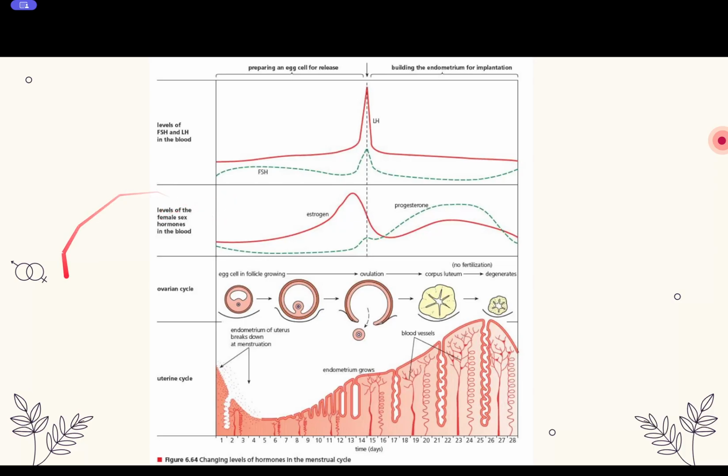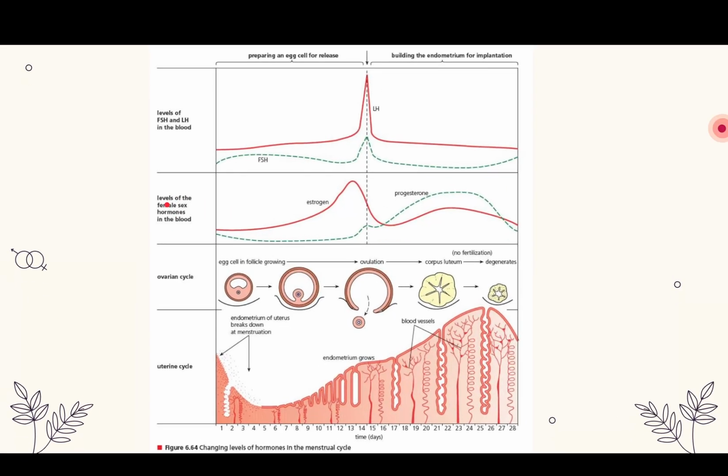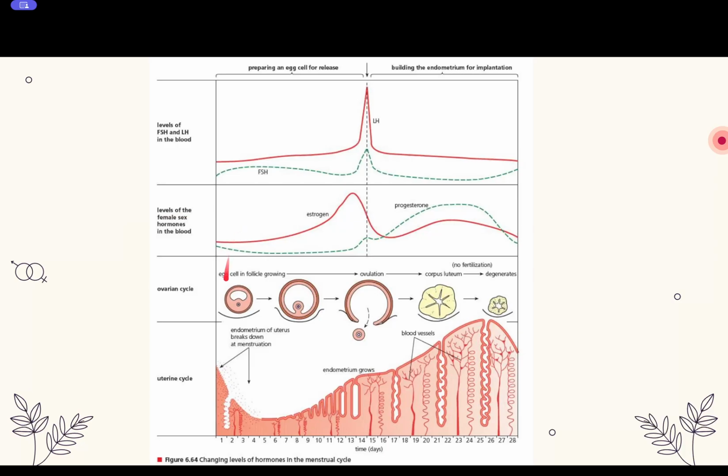Estrogen and progesterone we of course already talked about. So the entire process of the menstrual cycle begins at day 0, which is the first day of menstruation. From day 1 to day 5 is considered the menstrual period. So if you look at the uterine cycle, this is the thickness of the endometrium. During menstruation, from day 1 to day 5 is when the decline and the breakdown of the endometrium occurs. And then from day 5 onwards, it will grow because of changes in the levels of